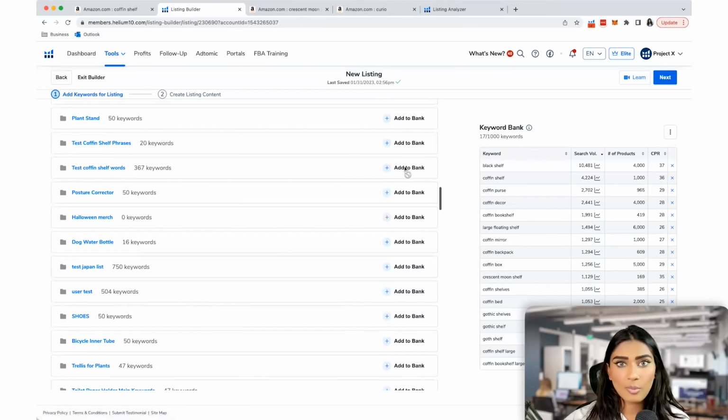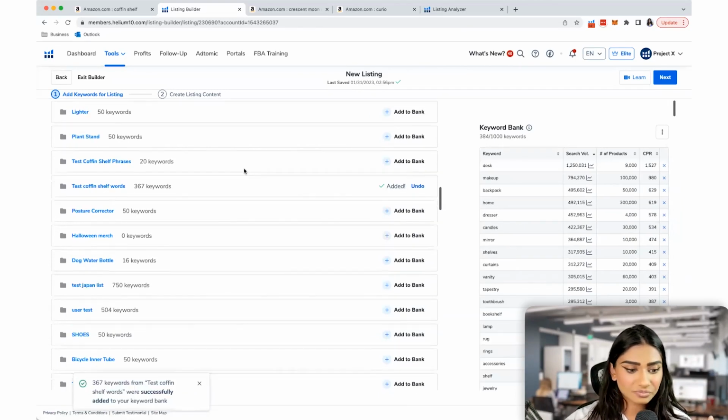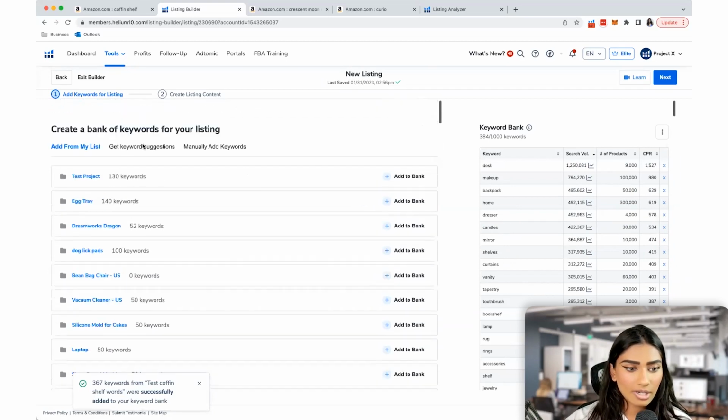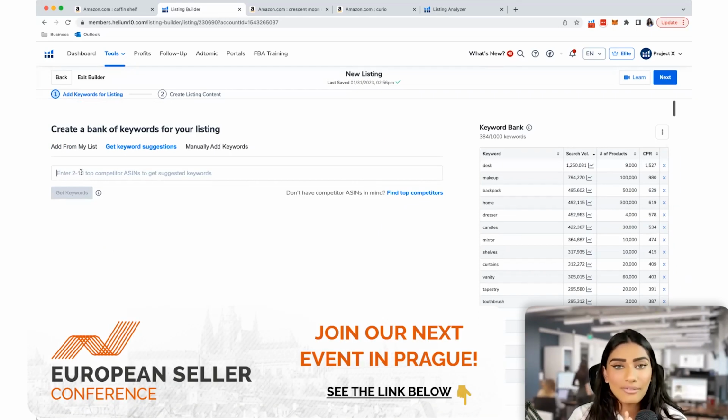Let's say that's a folder that we specifically built for building out this listing. We would just add that. And then if I wanted to get keyword suggestions, I would be able to go into that and type in 2 to 10 competitors to get specific suggested keywords. However, I would recommend that you start with Cerebro simply because you get a lot more information from using that